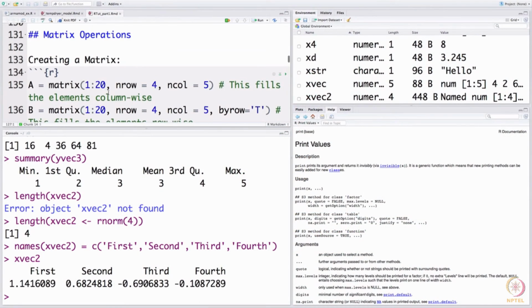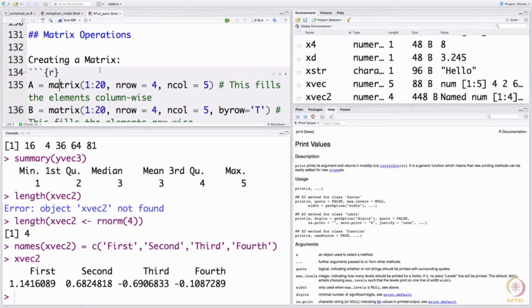Alright. So, now let us move on to matrices. Hopefully now you are clear with how to handle scalars and vectors. Now, it is time to turn to a matrix. Remember I said a vector is not treated as a matrix. In R, matrices are different. In some other software, maybe a vector is treated as a matrix with a single column, but that is not the case in R.